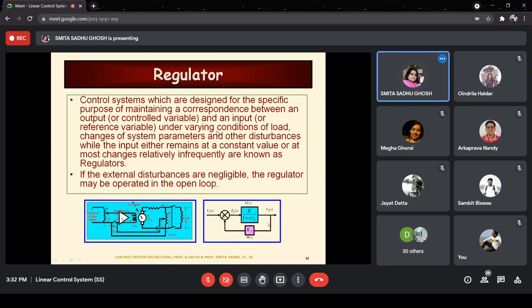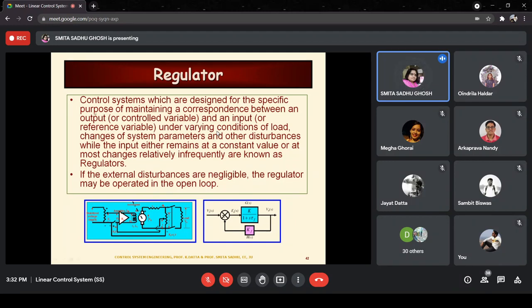So as far as a regulator system is concerned, it is one which is going to act such that corrective action takes place. If the output signal has changed, the system will have the property of bringing back the output to its preset value. So if the desired value is 12 volts and this has gone to 12.3, the dynamics of the system should be such that corrective action will be taken, and the output will be brought back from 12.3 volts to 12 volts. That is what a regulator would be achieving.